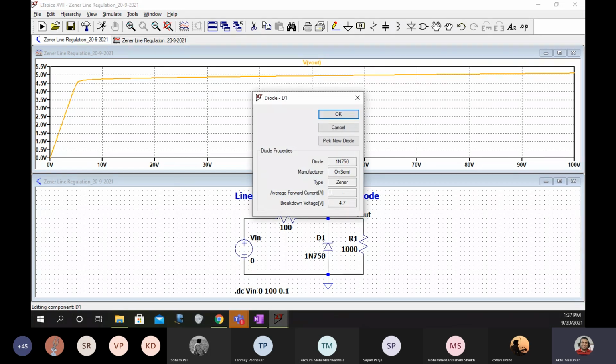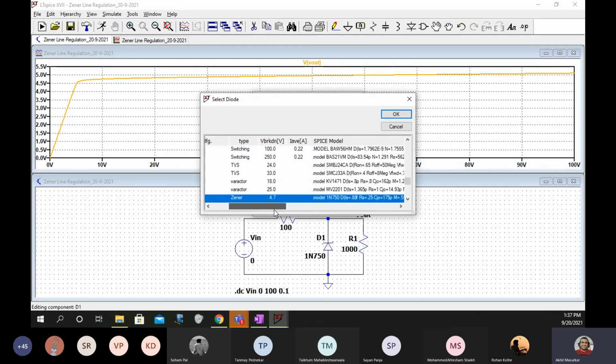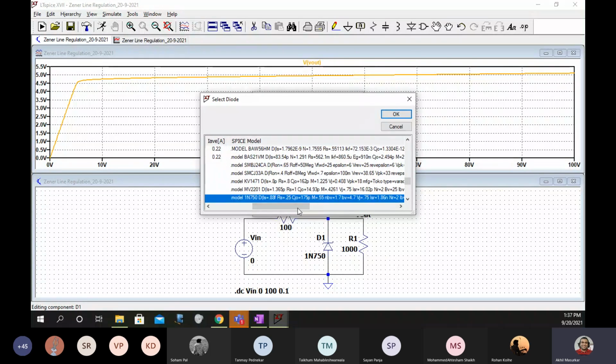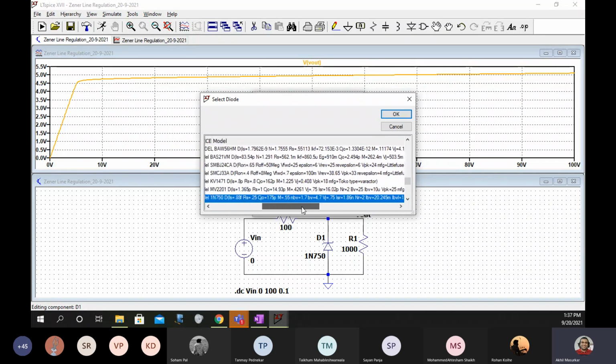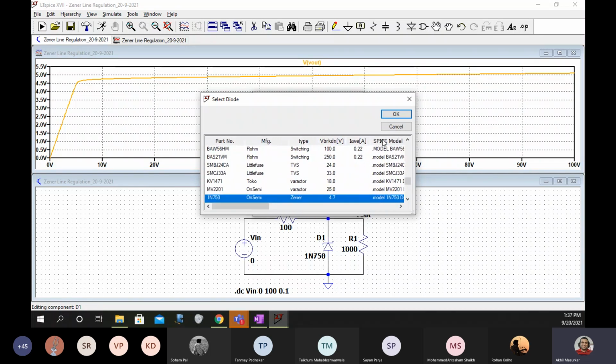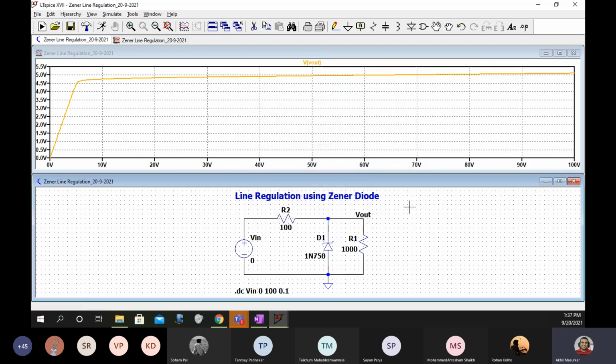Because if you open this diode, in the spec of this diode the maximum current value is not included, but in the actual datasheet of the diode this is going to be there.